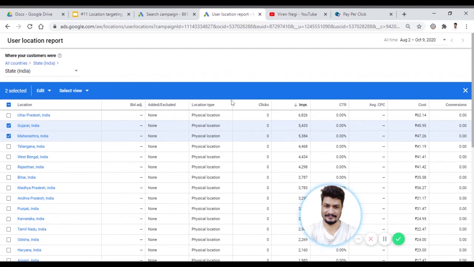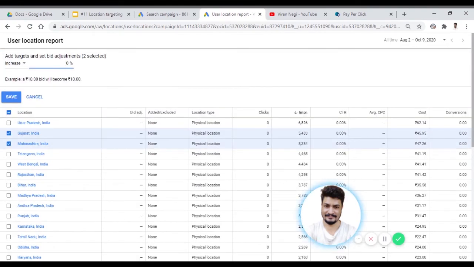It basically means you are showing ads in a particular location, but what is bid adjustment? When you run ads, you assign a bid on keywords in your campaigns. Let's say you assign 10 rupees for all locations. Now let's say two of these locations are converting very well. So you can click on this, adjust, and increase the bid. Let's say these locations are working well for me, so I want to do a 30% raise. What it means is, if I have a bid of 10 rupees for all other locations, then on these two particular locations my bid will be a little higher, like 13 rupees. So you can adjust this way.